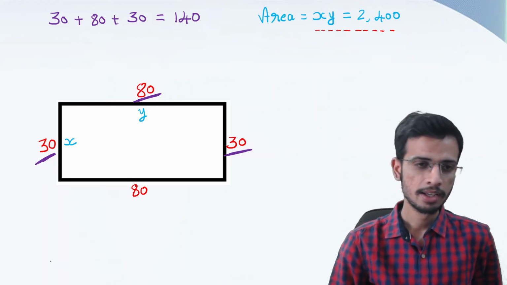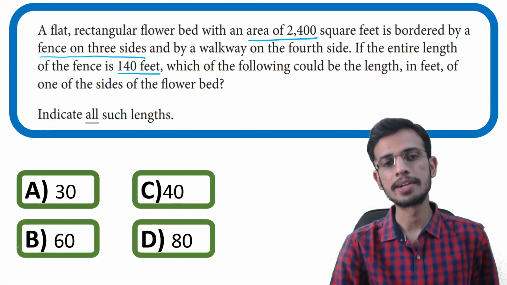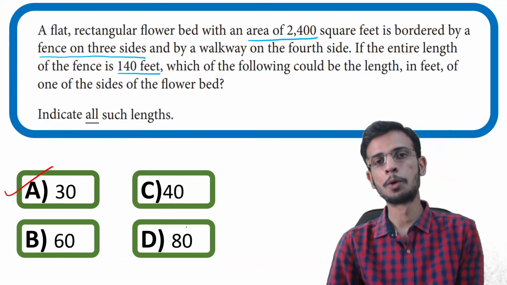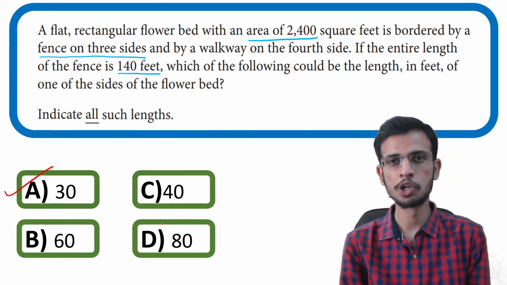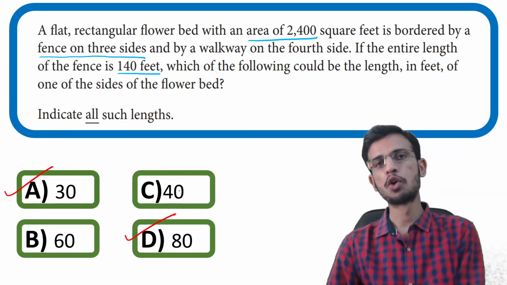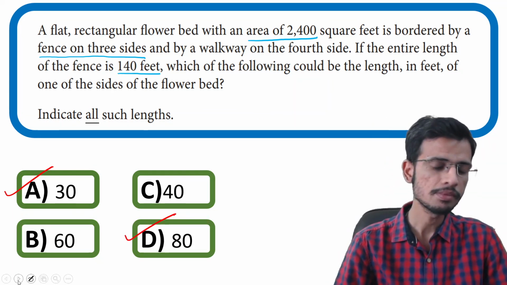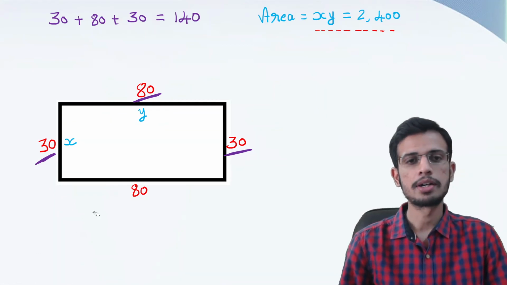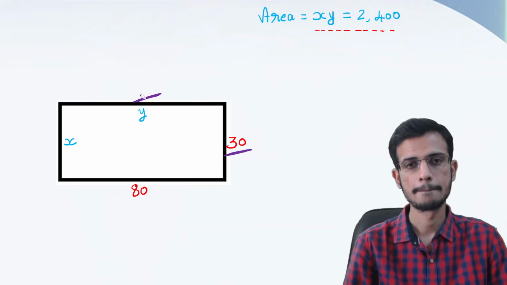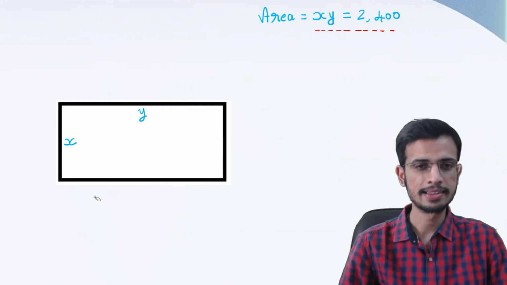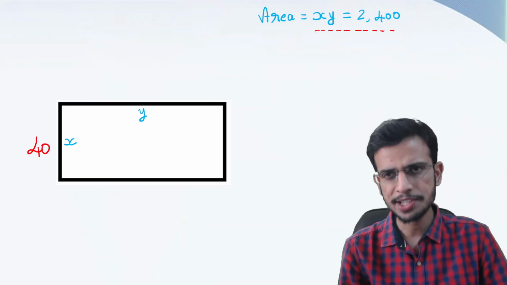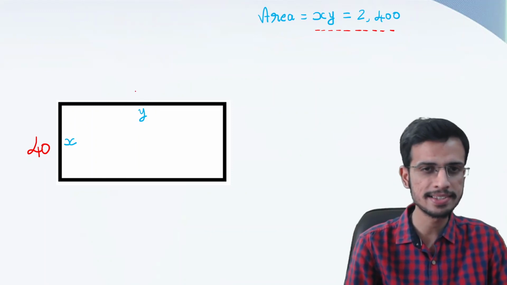So we can say one of the sides can be 30, right? 80 is also there in our option. We can say one of the side for this rectangle will be 80, right? Now we have to check for 40 and 60. Okay. So let us put this side length as 40. So if you take this side length as 40, by putting x equal to 40, we'll be getting side length of this will become 60,